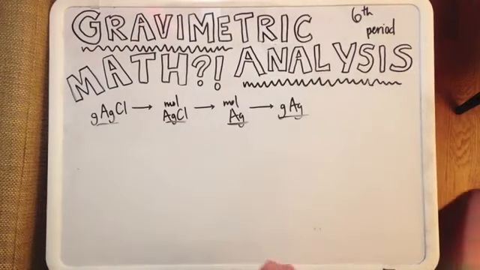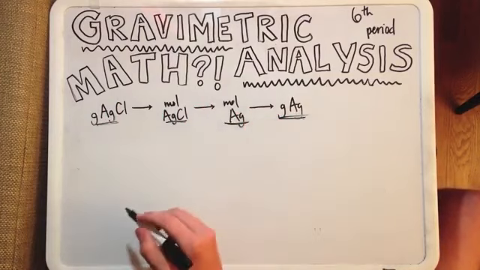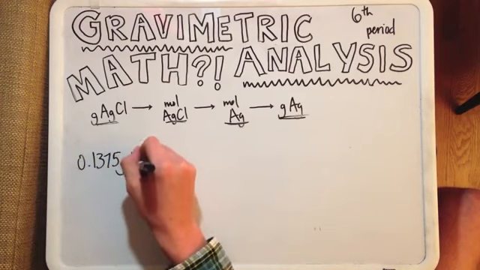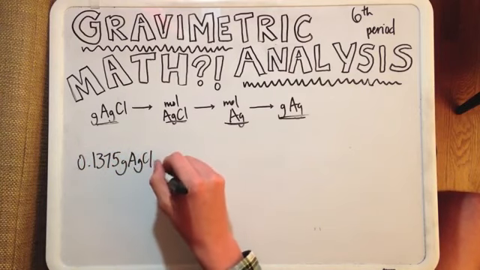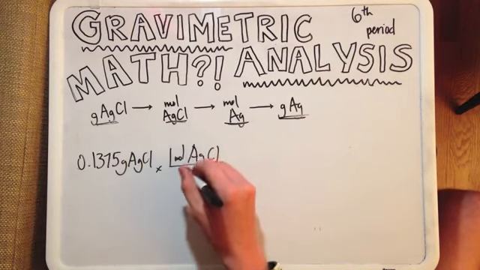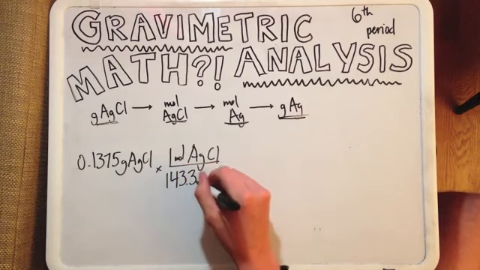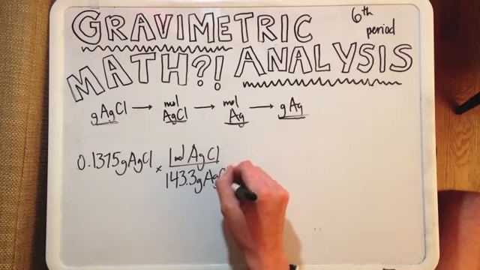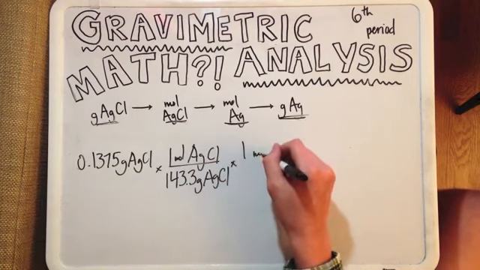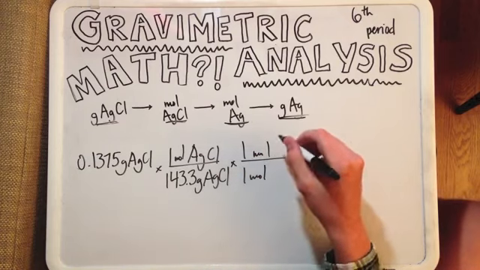So here in this section we'll be dealing with math. Yes, I know, math, it's surprising. Stoichiometry. To deal with the grams of two different compounds, you have to use moles as a middleman in this case. So you take the 0.1375 grams of silver chloride that you got from the previous experiment, and you put the molar mass on the bottom, and then the 1 mole, and then you have the 1 mole